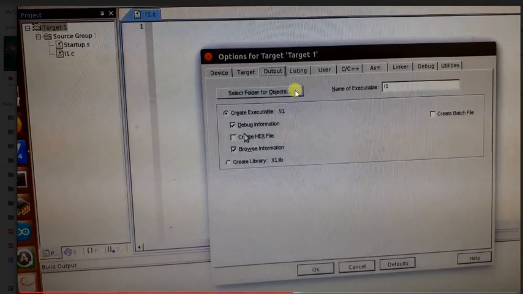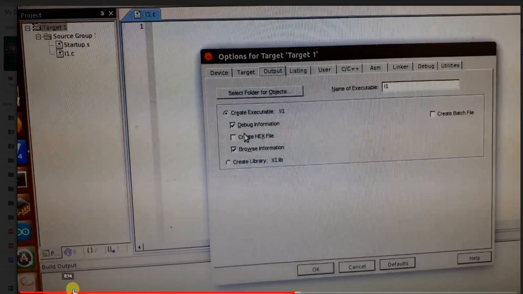Yes, see here in the options, once you right click on the target one, you will get options for target one. In that we need to set some of the values. In Output, we have to create a hex file for executing on the hardware circuit, whatever hardware device has been given. So the hex file should be given. First of all, the output we need to set by right clicking on the target one. Options for target one will be there. Go into that. So Create HEX File should be opted.